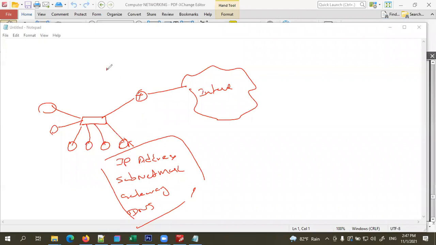There is a server called DHCP, Dynamic Host Configuration Protocol server. This DHCP server can assign IP addresses to a computer automatically.